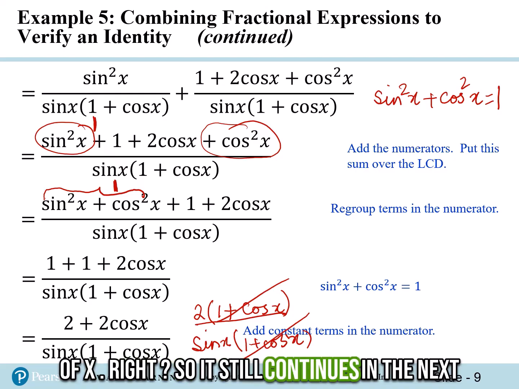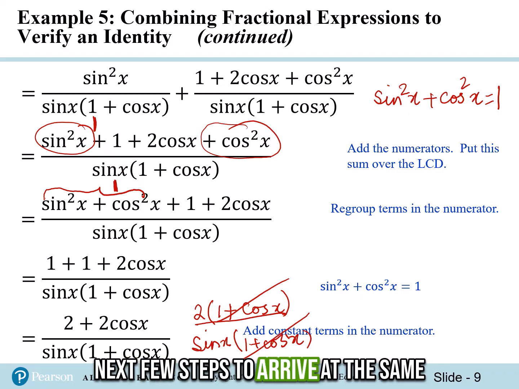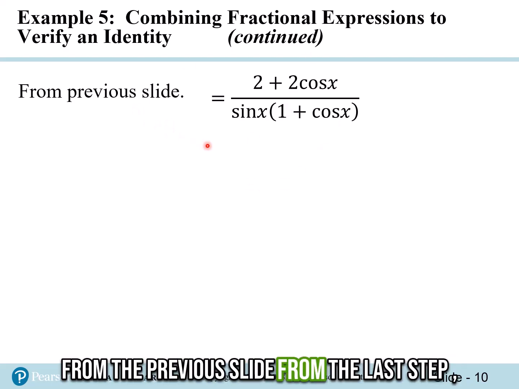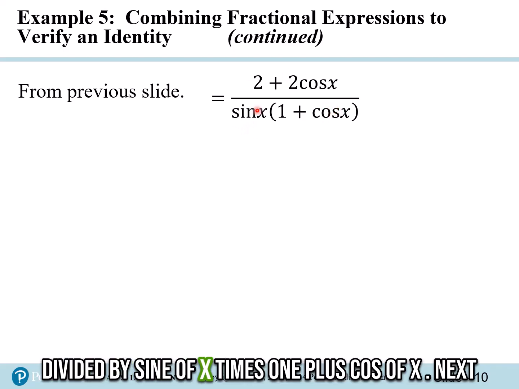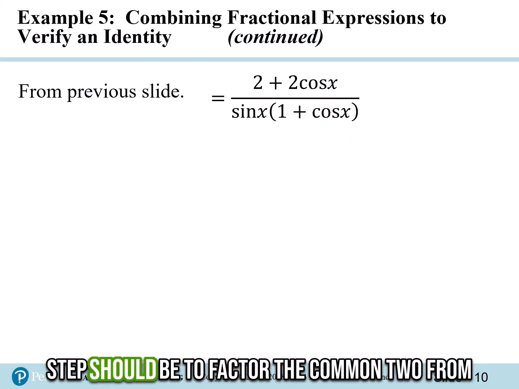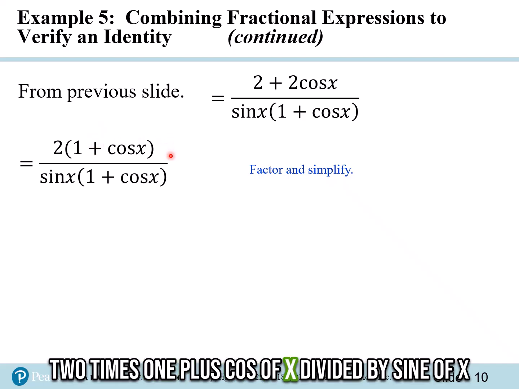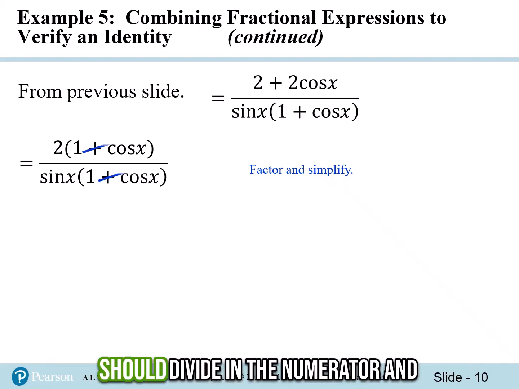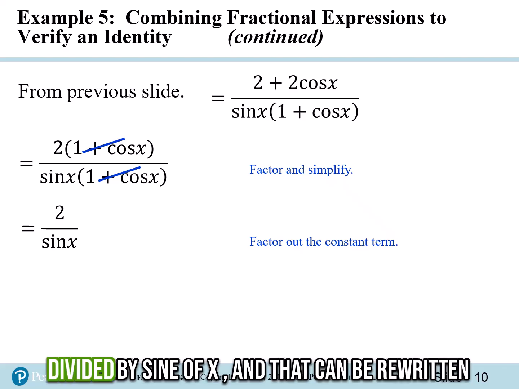So it still continues in the next slide, but let's see if that's what they do in the next few steps to arrive at the same expressions. So here's what we carried over from the previous slide, from the last step. 2 plus 2 times cos x in the numerator divided by sine of x times 1 plus cos of x. Next step should be to factor the common 2 from the terms in the numerator, which will give us 2 times 1 plus cos of x divided by sine of x times 1 plus cos of x, and 1 plus cos of x should divide in the numerator and denominator, and we will be left with 2 divided by sine of x,